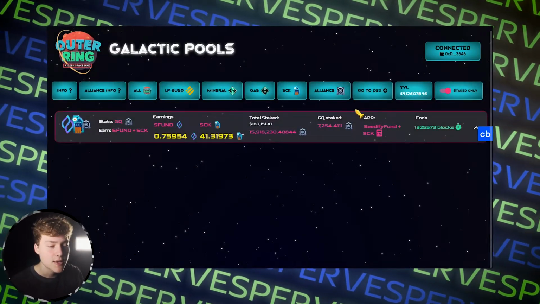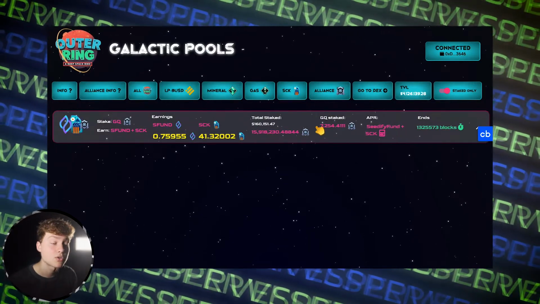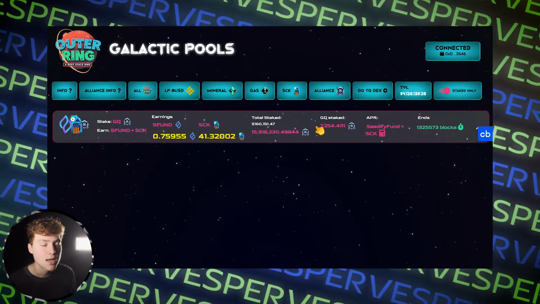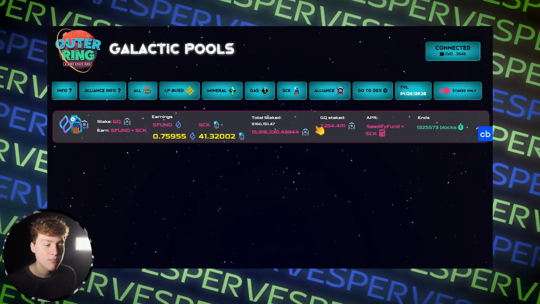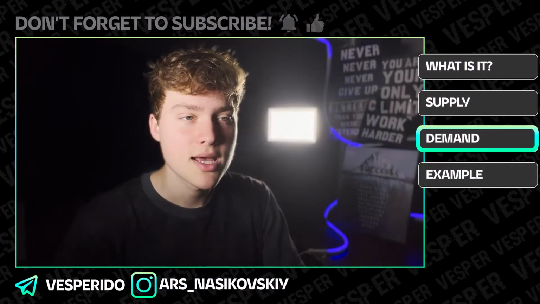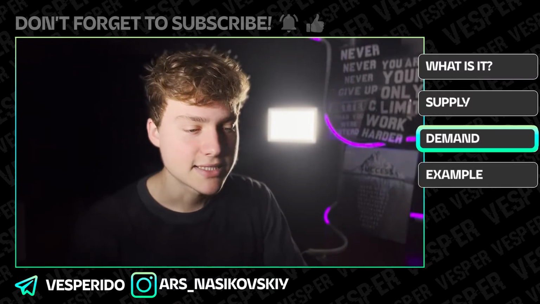So staking, it's good for the projects because they can limit supply by doing this, but that's also how they can increase the demand. So they provide this tool for investors to make more money by buying the token and just staking it. And the second tool that any project can use for driving up the demand is using faith